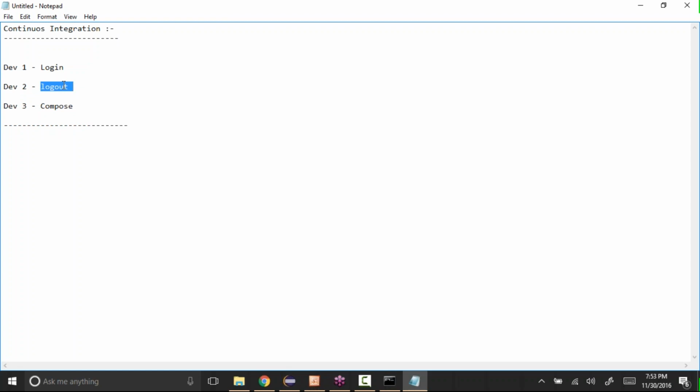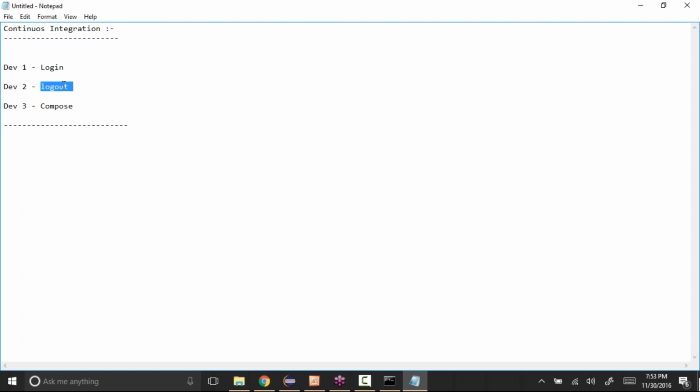Okay, but with the latest technologies, what they have done is, there is one tool called Jenkins. What this Jenkins will do is, whenever a developer updates the code and checks the code in, it is going to build the project and release it. In case there are any issues, it is going to throw an error saying that something is not working, or there are some issues with the build, whatever the issues are, it's going to display it.